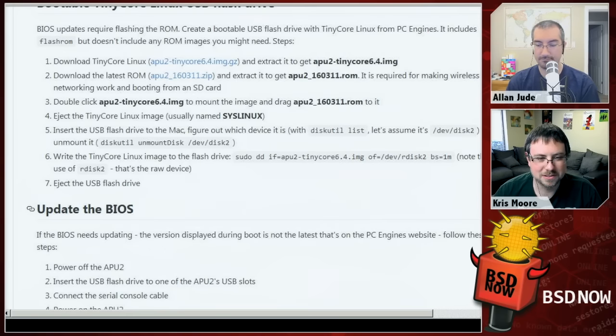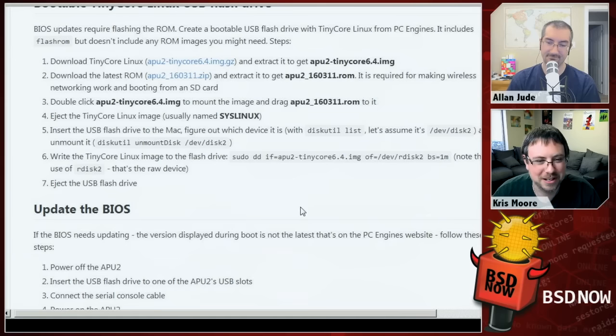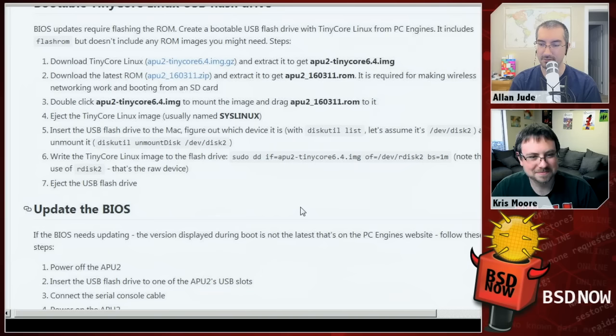copy the files over to it. You can do it from Linux now. You don't have to go find some DOS or Windows type situation to reflash it. Then you write the TinyCore Linux to your USB drive with dd, and then eject that, and now you're ready